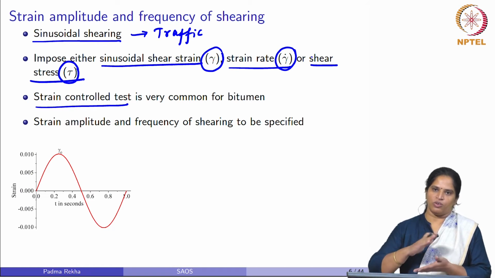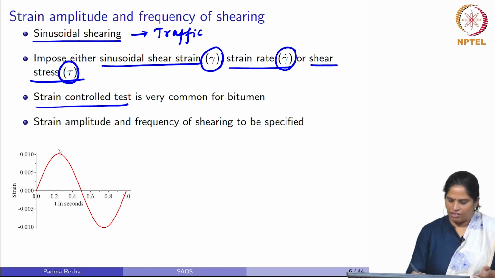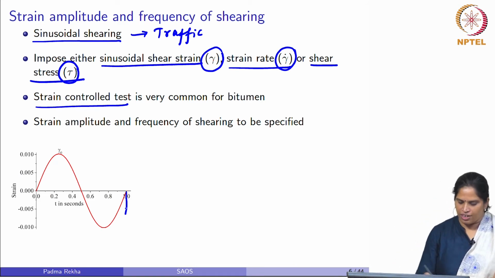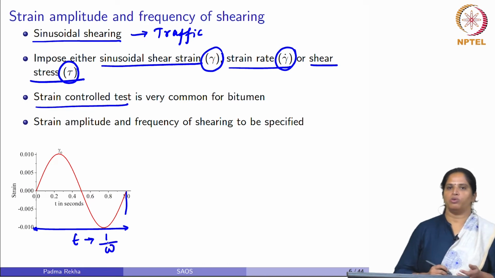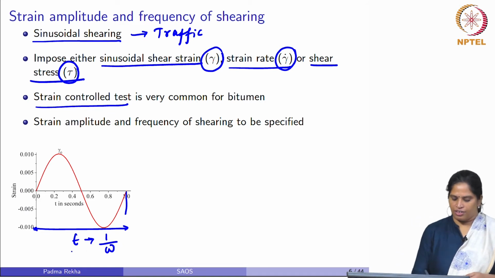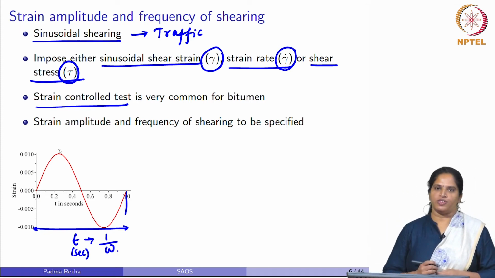If you control the speed at which you oscillate, that defines the frequency, or the time for completing one oscillation. This time is inversely related to the frequency. Let us denote the frequency by omega. So, the time in seconds is related to the frequency,